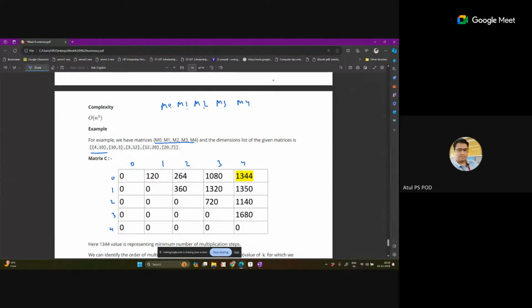So what combinations can we use? We cannot change the order. Okay, so we cannot change the order like M1 directly to M3. Okay, we can pick only two adjacent matrices when we are multiplying. Okay, after getting the solution, we can multiply with the next one. So in this manner, what this value is representing,